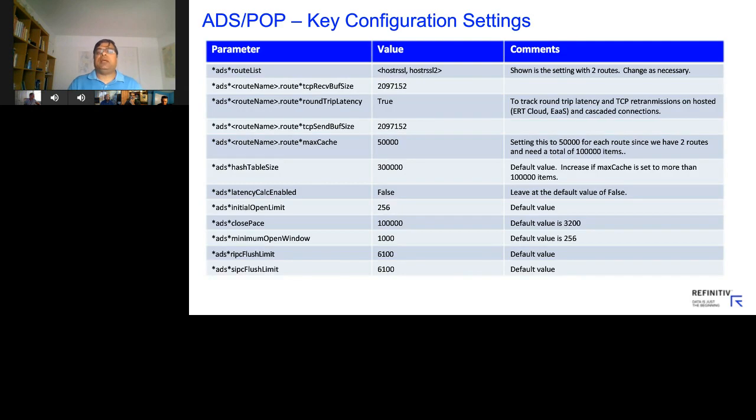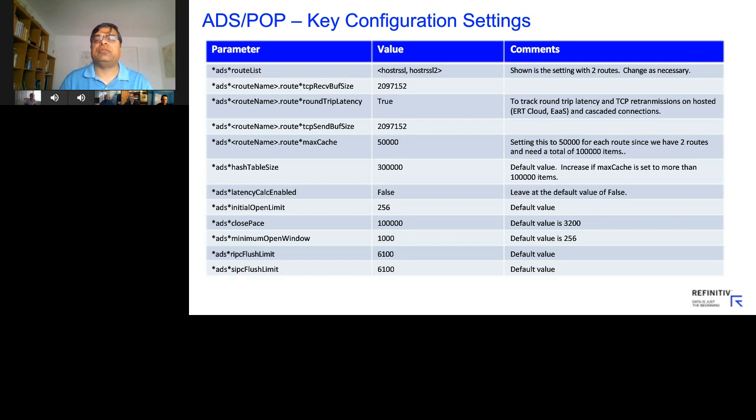When it comes to the ADS-POP configuration, that's the other thing. You will see that the default values are listed, many of them here. So only in some cases, when you need high image retrieval, for example, you will change the minimum open window to like 1,000. If not, the default values are reasonable. The hash table size is another one that is not typically something we set. It is set to 300,000, assuming 100,000 max cache. The rule of thumb is to set it higher, 2 to 3 times more, so that there is no performance penalty. And then the typical TCP receive size and the